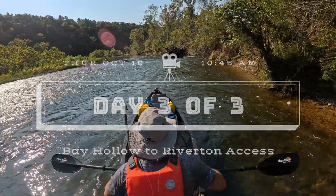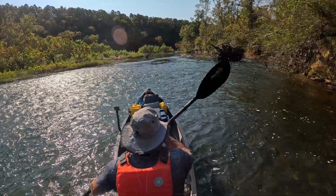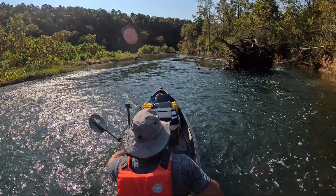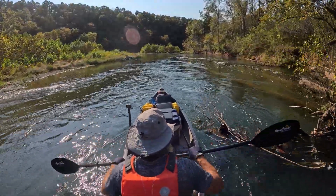We camped here on this gravel bar overnight, and we are getting on the water now, and we will reach Riverton access later this afternoon, and that will conclude our trip. So we've just got a few miles to go down the river here and have one last day to enjoy